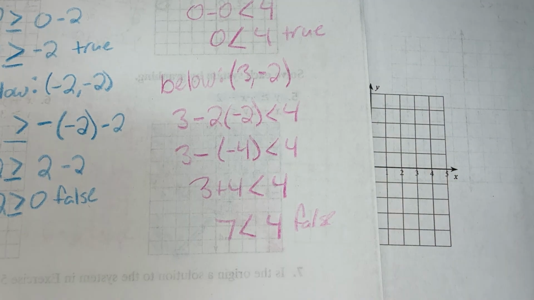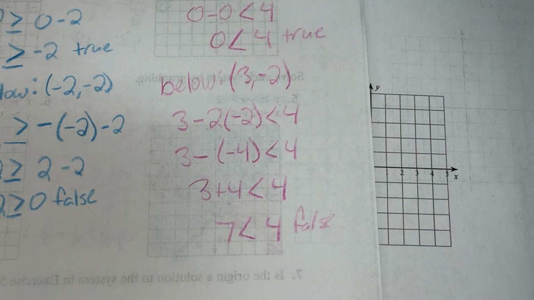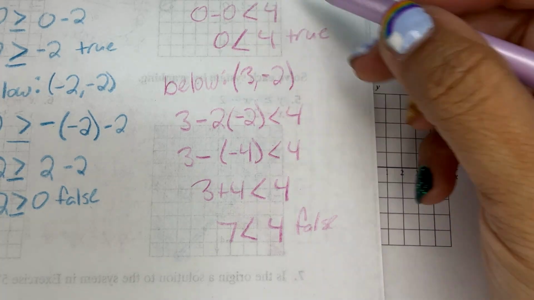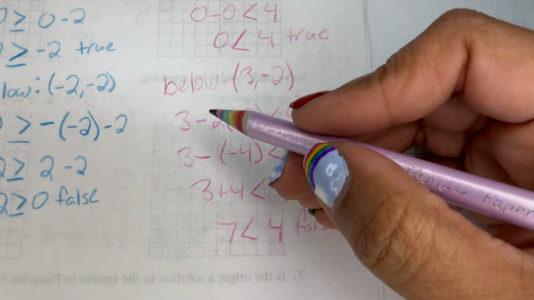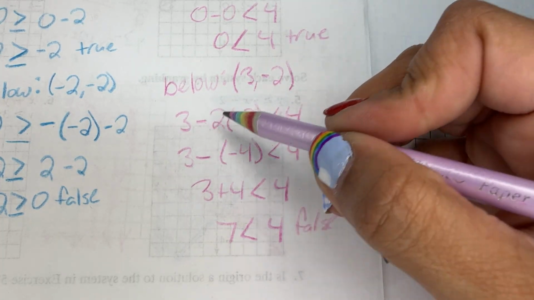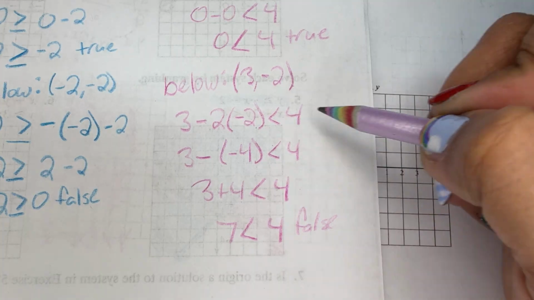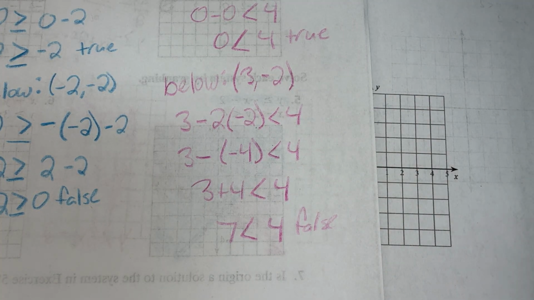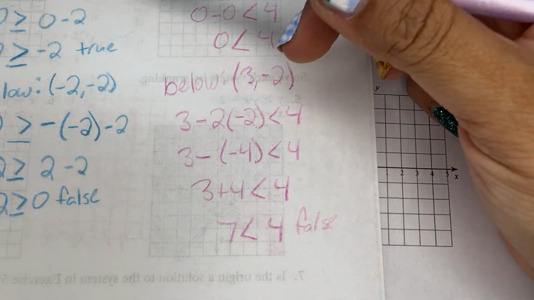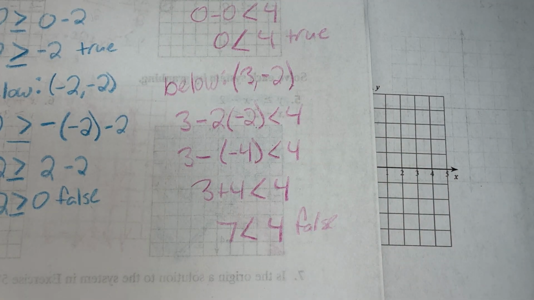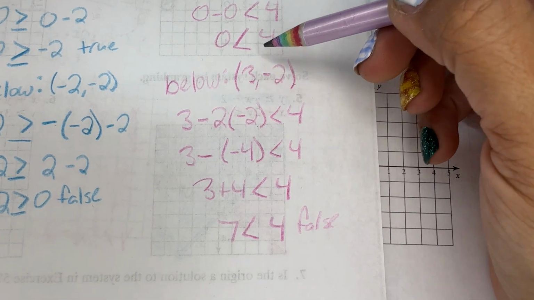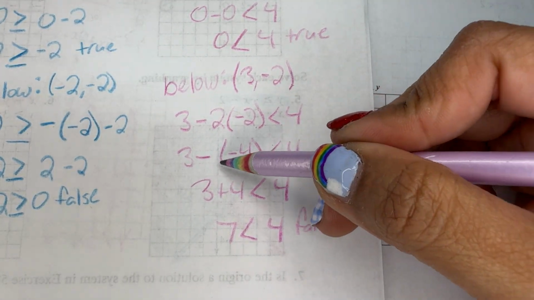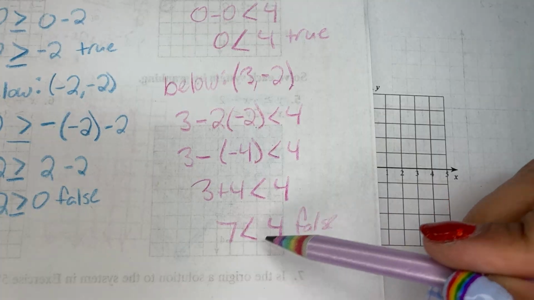And I chose a point below the line. So this is also to express and explain exactly what's happening. When my x and y values are not the same, this is what it would look like. My x value is 3, minus 2 times my y value of negative 2, is less than 4. So I'm not just putting the same number because my other test points were 0, 0 or negative 2, negative 2. It looked like I was just using the same number in both variables. Yes, but not just because. It's because those were the actual coordinates that I picked. So now I have 3 minus negative 4, 3 plus 4 is less than 4, 7 is less than 4,